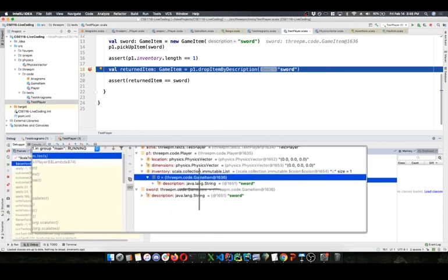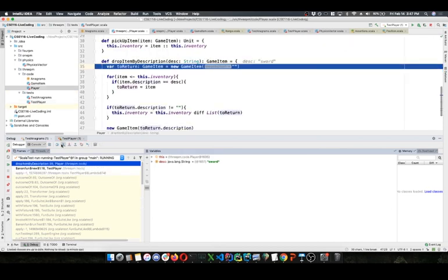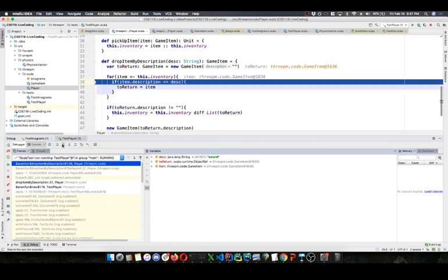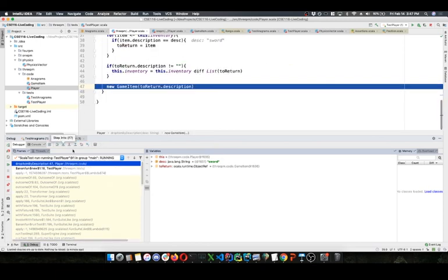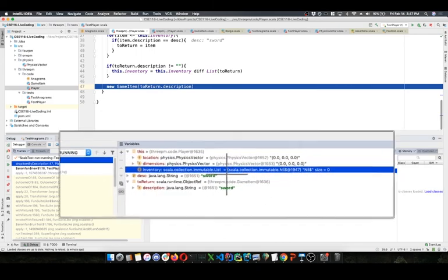So we have the correct item in their inventory, but then when we call drop item, we're going through the inventory, finding that item. Inventory is now empty. We removed it from their inventory.